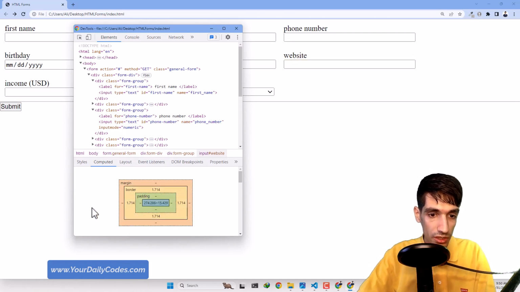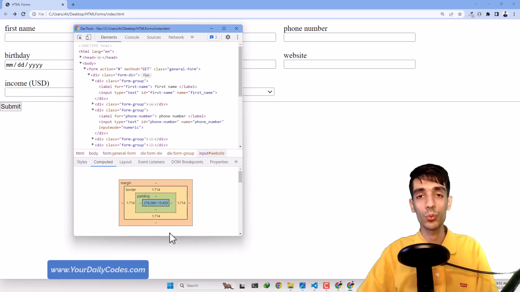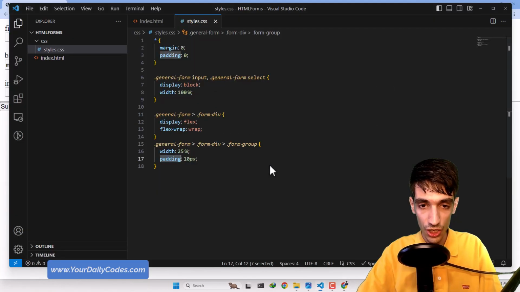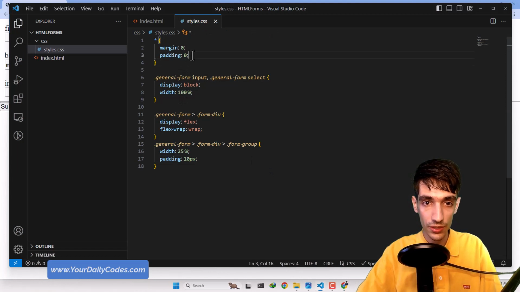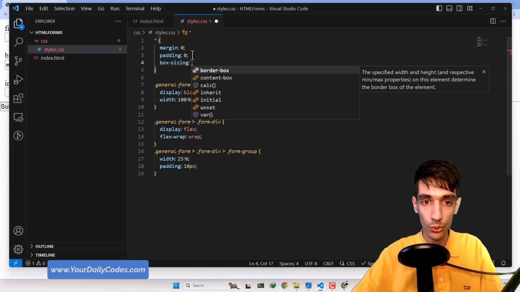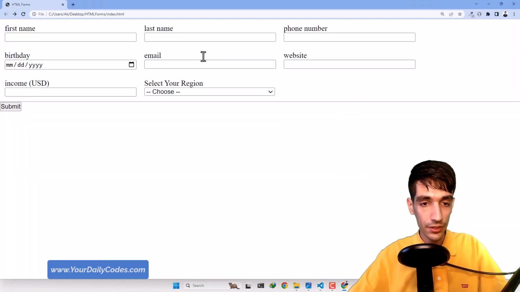Okay, so this is our box sizing, which says, when we, for example, call this a div, and we say, hey div, you have 20 pixels of width, what do we mean by that? Let's change this box sizing so that you can see everything. The box sizing should be on border box, and let's save that and hit refresh,